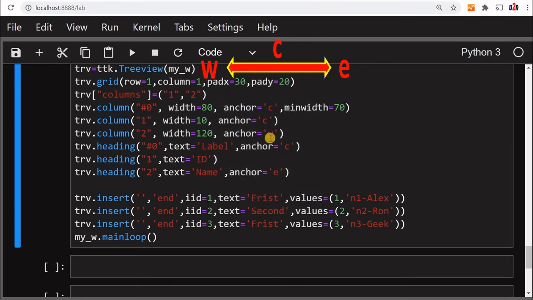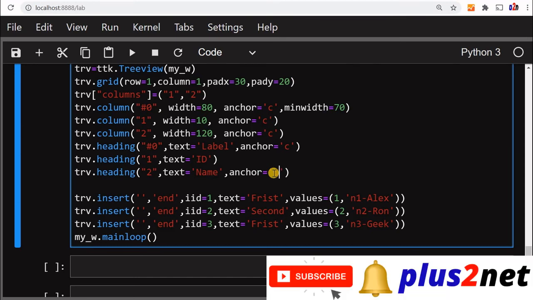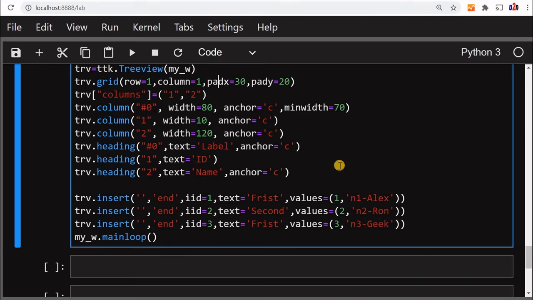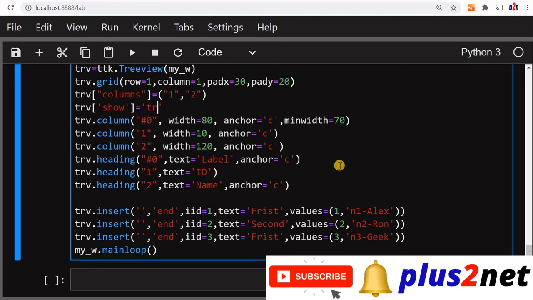So let's put it again on the center. And there are some other features, like if you want it to be resized when the entire parent window is resized, that true and false you can set it. Okay, we'll see one more. There is a view here, so that will take care of our tabular view. So here we'll add one. After this we'll say TRV. So type of display viewer, by default it is tree. So there is nothing that will change by giving tree view. So this is same. Instead of that we'll go for headings.